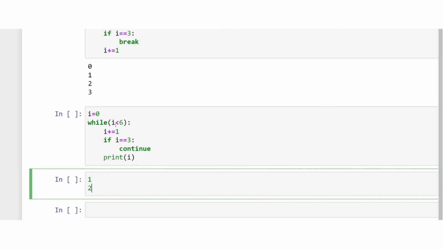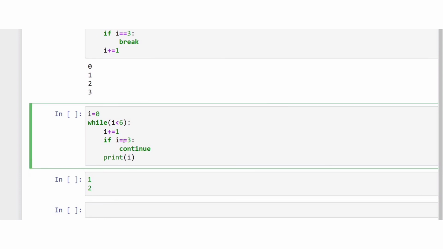Likewise, then 2 will get checked, 2 less than 6, true, then it will get incremented, that is 3, then 3 equal to 3 means true, it will come into this if condition. So here it has written continue. Continue means it will go backward, it will not come forward and print 3. It will go back and check here, that is 3 less than 6, that is true, then it will get incremented, that is i plus equal to 1, that is 4, then it will check 4 equal to 3, no, false, it will not come into this if condition, and it will print i,